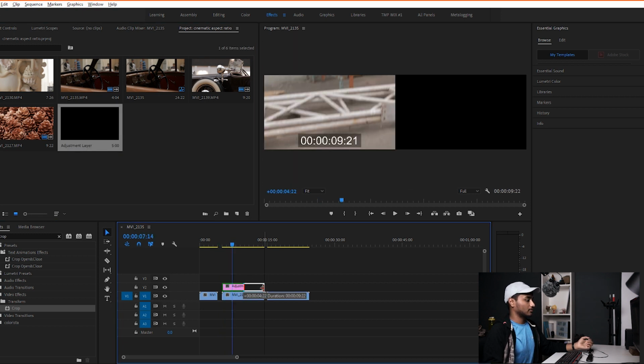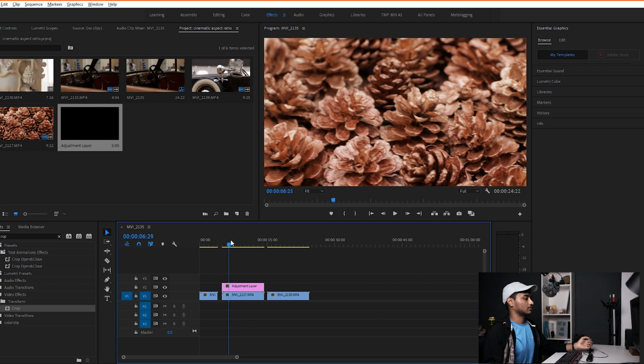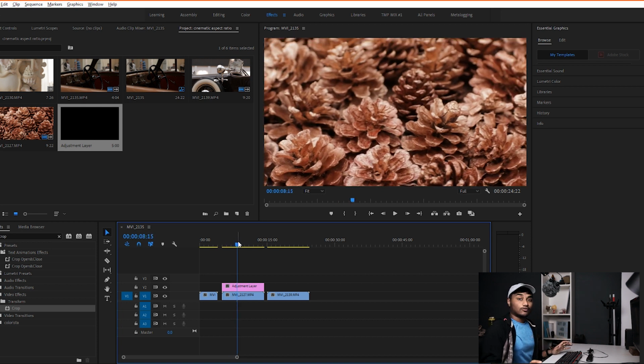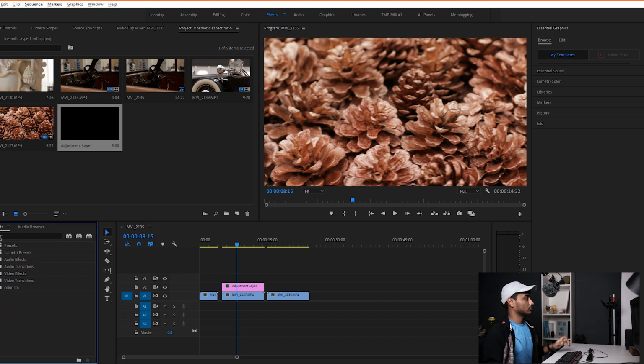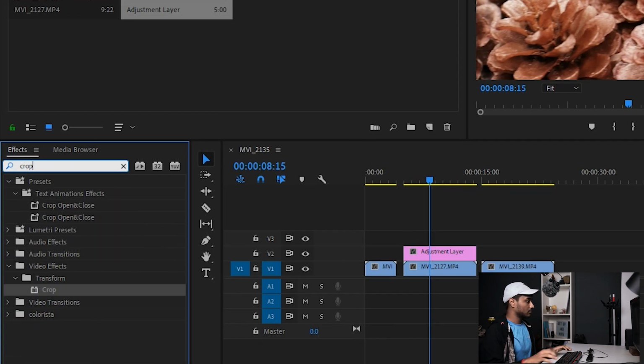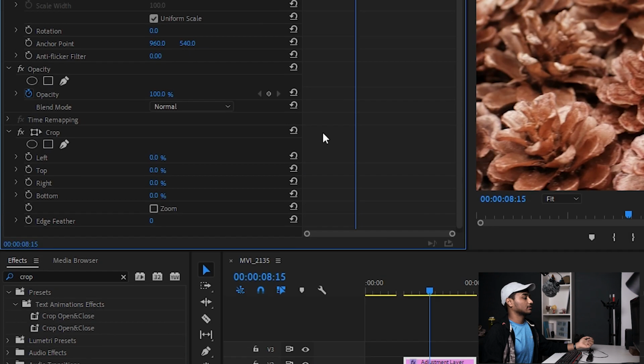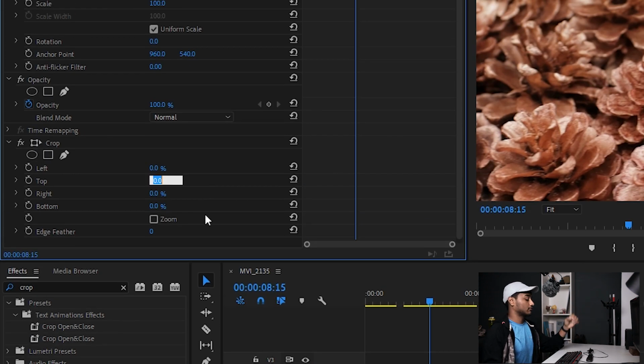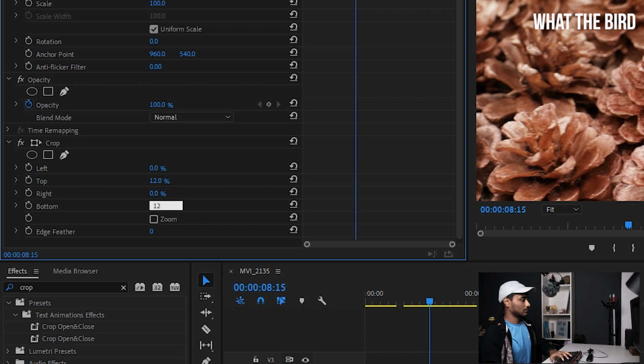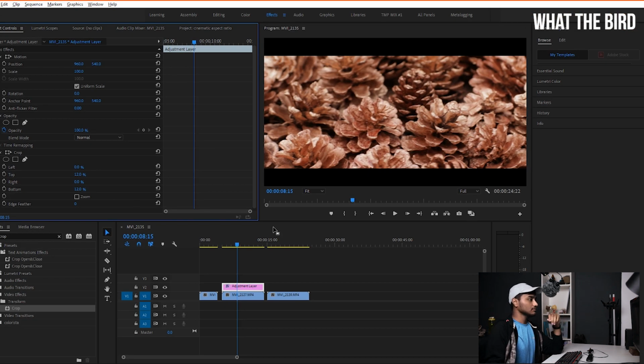So this is a clip of some flowers, I guess. Then put the crop effect on top of your video clips. I've already selected it here. If you have not, then just go to your effects panel, search for crop, put it on top of your adjustment layer, then crop the top and bottom of your clip by 12%, like that, and that will give you the equivalent amount of black bars that you would get from a native